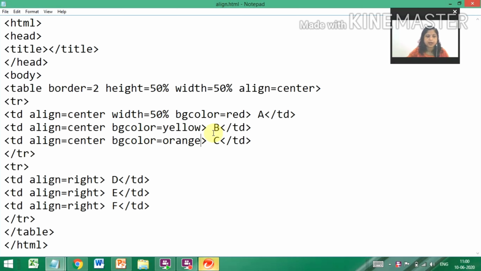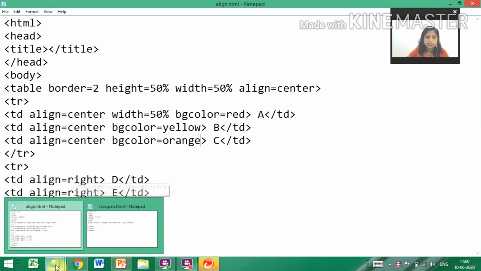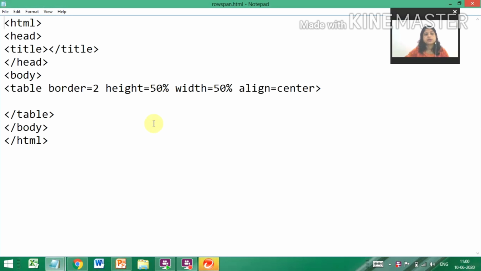Now come to the row span. When I show the row span, the table we saw in our presentation, I will show you that table. See, this is your table, no data is there. Now we'll create that table. First we will create the TR. But when we write TD, that data is actually combining 2 rows. So we write it in the TD tag only, because it is an attribute of the TD tag. You write it this way: row span is equal to 2, because it combines 2 rows.